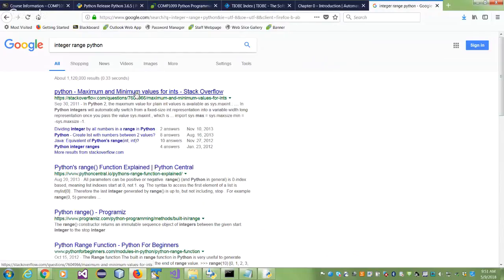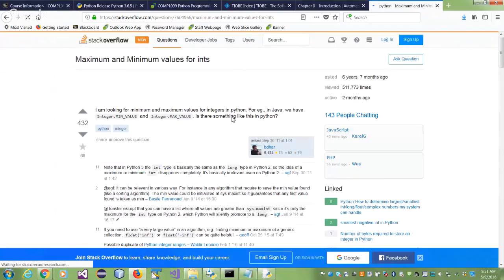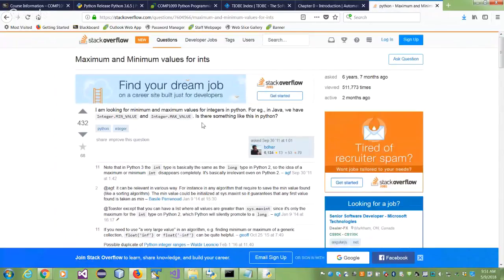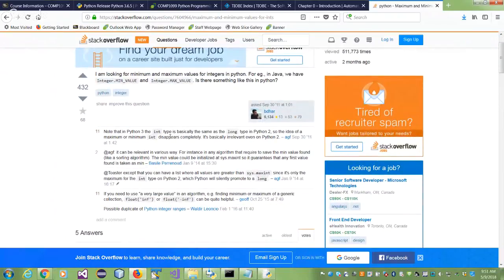It's just that it continues to assign additional bits depending on the size. Okay. So we have some information here which says maximum and minimum values. What are the maximum and minimum values in Python? For example, in Java we have max and min and so on. Yeah, just keeps assigning bits. So you can use up your entire system. Okay. Incredibly large integer.